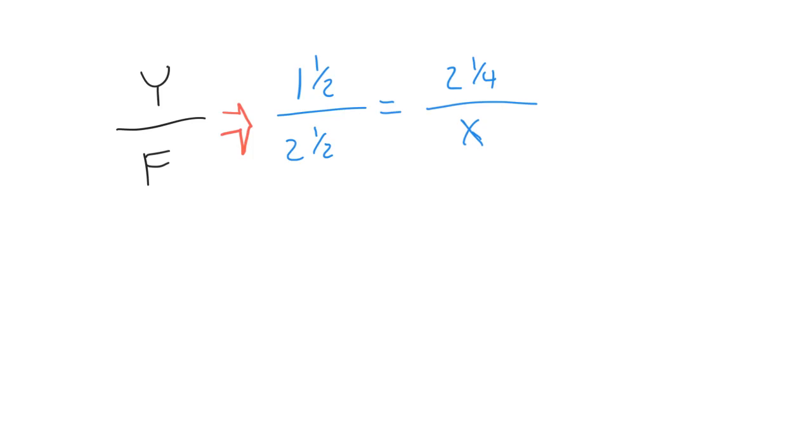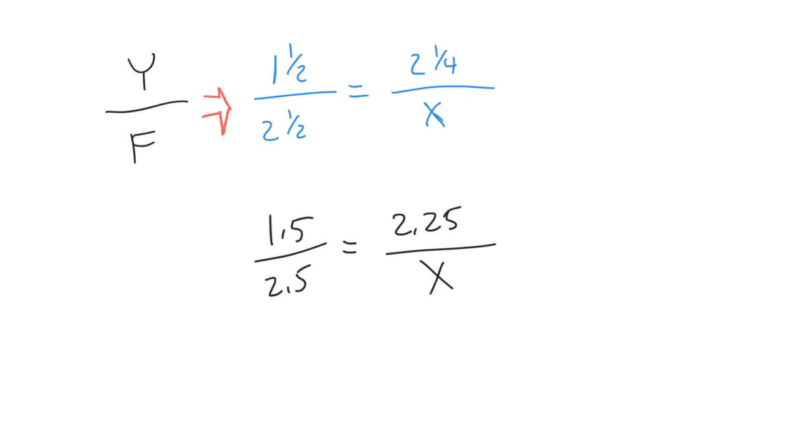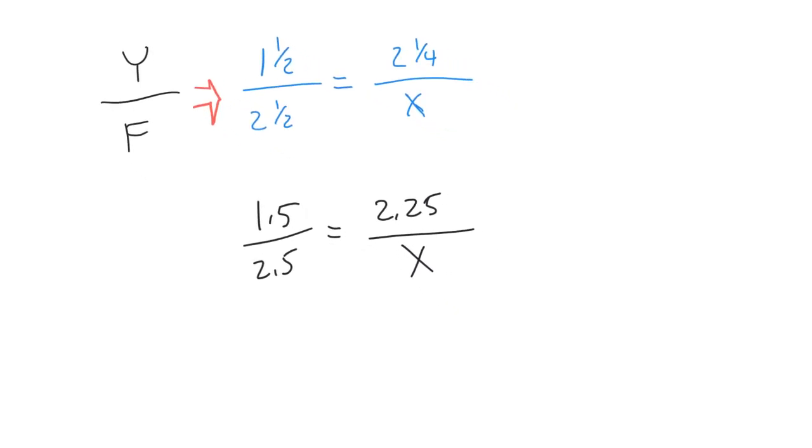So we have 1.5 up top. That's from this one over 2.5 down below. And then we have 2.25, because hopefully it's clear that 2 1/4 is equal to 2.25, and that's going to be all over x. If we were to cross multiply, it would be this times that, and then we would have